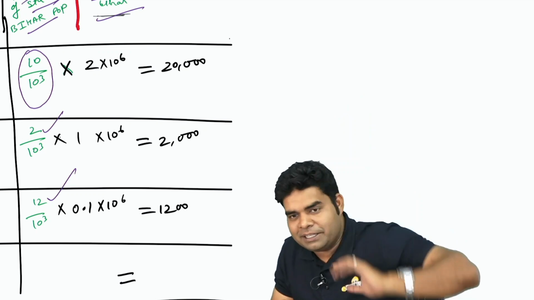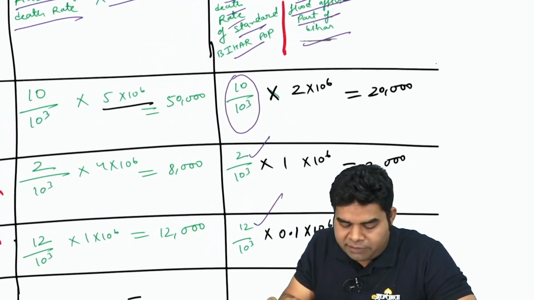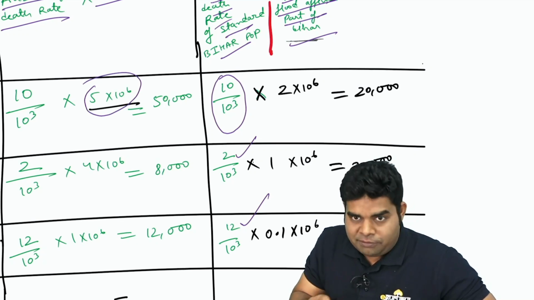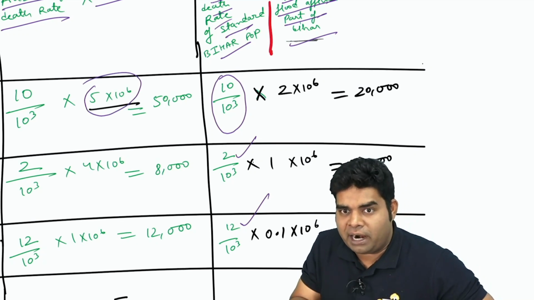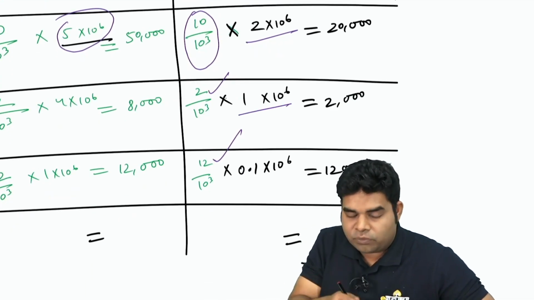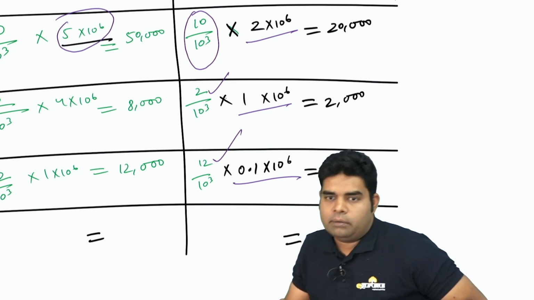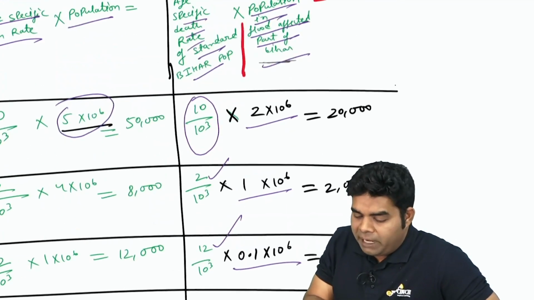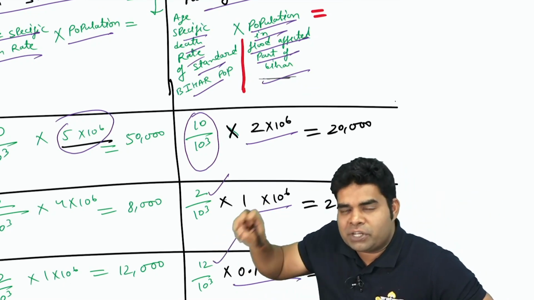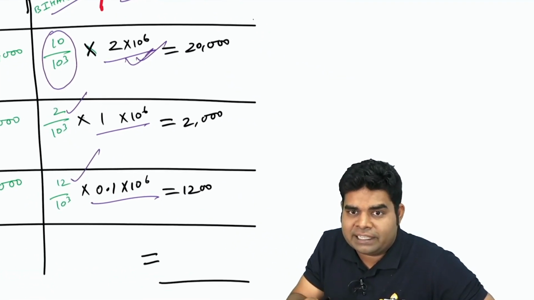This was the same data from the previous table of Bihar I have taken. But this time the population is different. When I was doing it for Bihar, the population was 5 crore for 0 to 29 year, but the flood affected part has a population of 2 crore in 0 to 29 year. Let's say 1 crore in 30 to 59 year and 0.1 crore in more than 60 year. So if you multiply the age specific death rate of a standard population with the population which is at high risk, then you will get the expected death in that area.